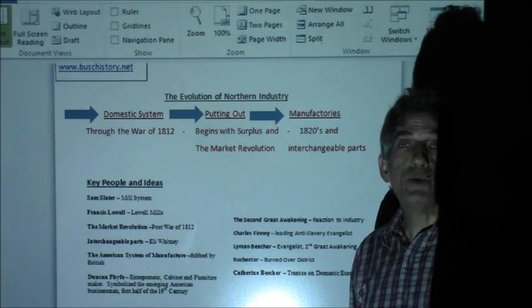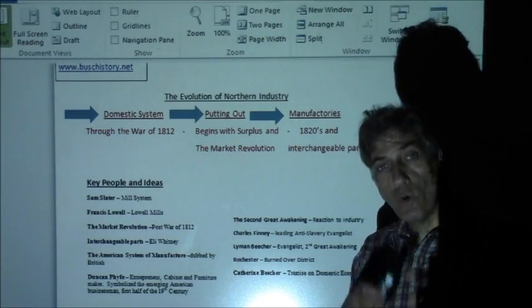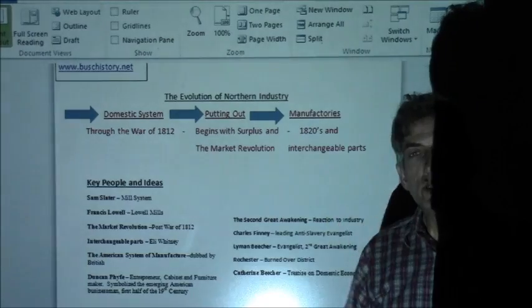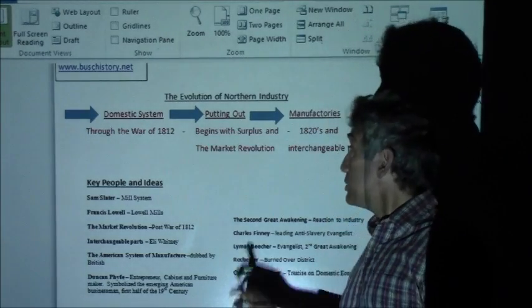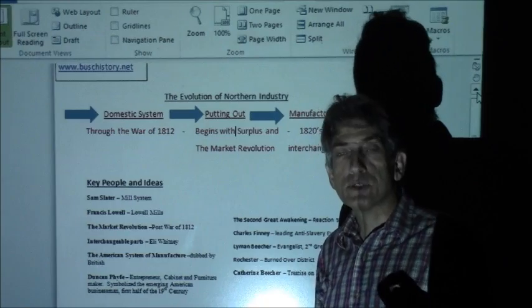And then ultimately you have to package it and deliver. Those are all steps in the process. So in the putting out system, people started to become enterprising. They said, you know what? One person